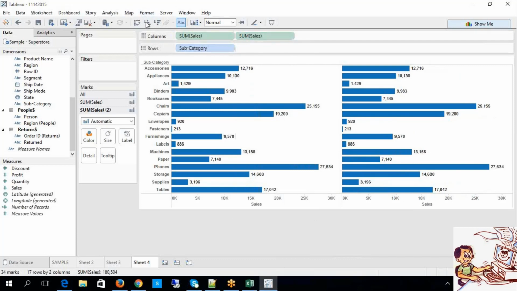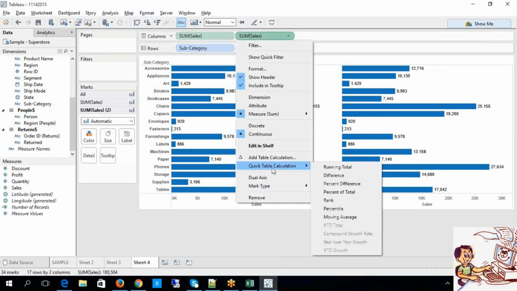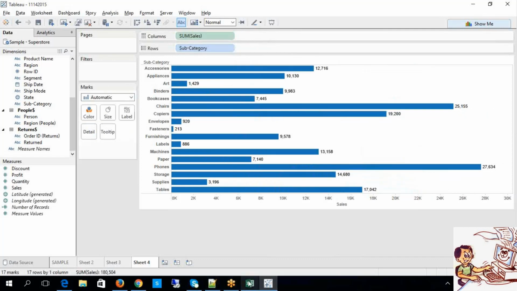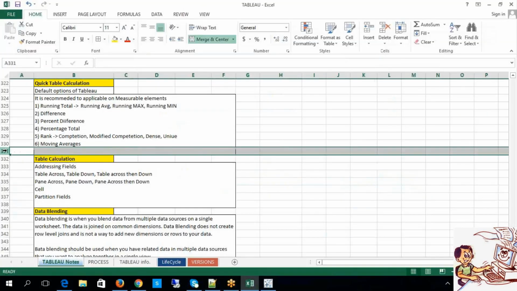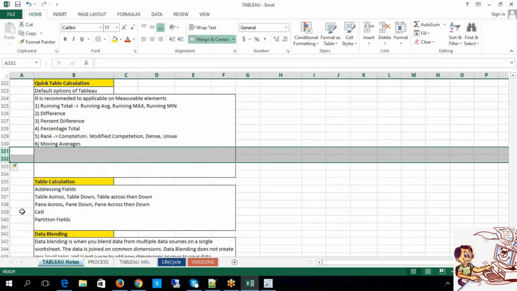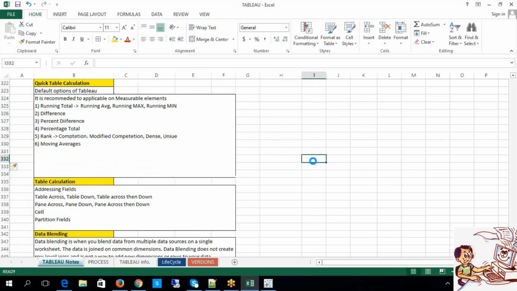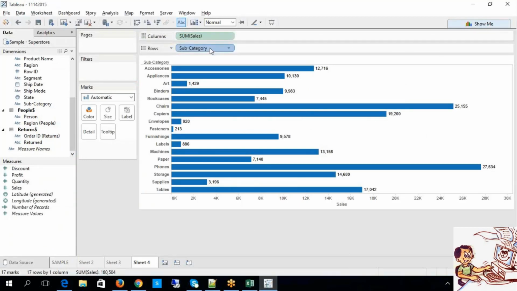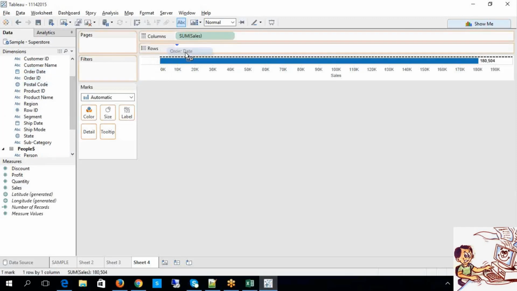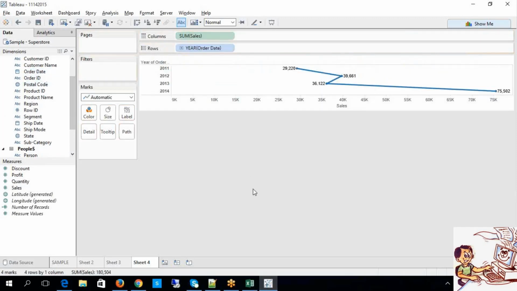And what is the other one we have? Moving average. Anyhow, we have gone through that, right? We have year over year, plenty of stuff again. So here, instead of this, I'll be taking order date. Now look at this, guys. You have some order date functionality here.